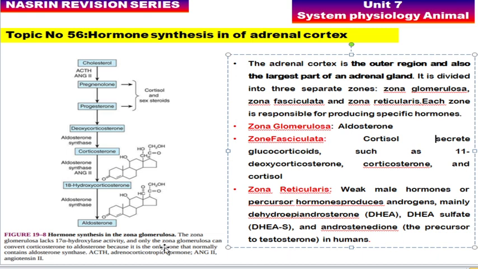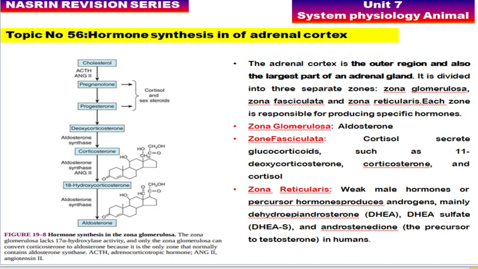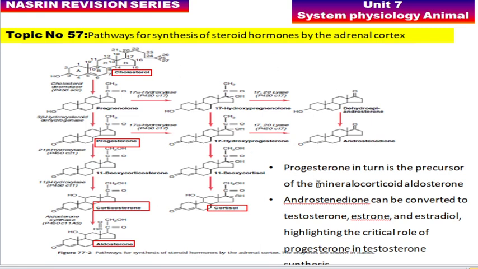production of testosterone. The next thing is that zona glomerulosa is the only zone which can convert corticosterone to aldosterone, because it is the only zone present in the adrenal cortex which contains the enzyme aldosterone synthase. Okay. So this is again an important pathway. Please make a note of the enzymes involved. Progesterone also serves as a precursor for the synthesis of the mineralocorticoid aldosterone.